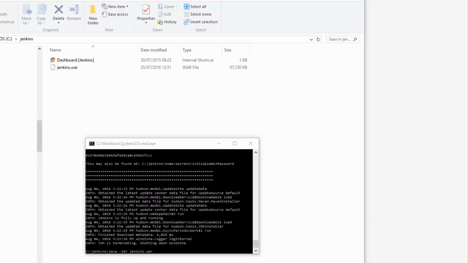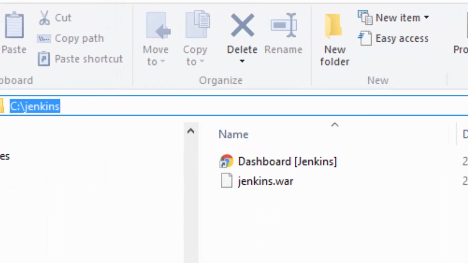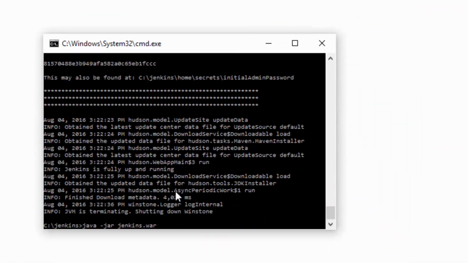So just in case anyone's confused, we're going to do a first time run through of Jenkins. You can see I have downloaded Jenkins. I've got the war file in c:/Jenkins. I've got a command line up in that directory, and then I would just type java -jar jenkins.war to start up Jenkins. So if I do that,